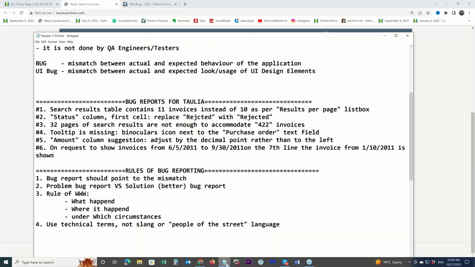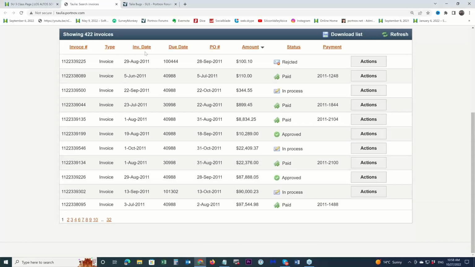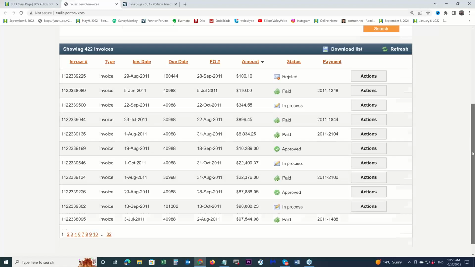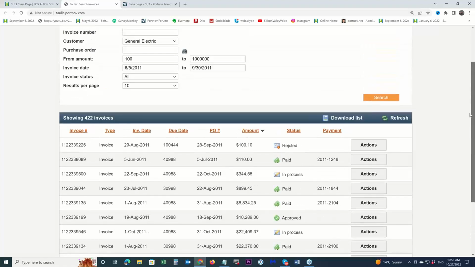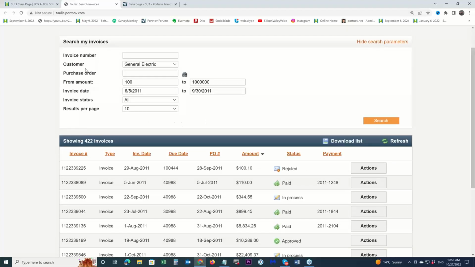Okay. Yeah. So invoice date, we have that column, invoice date column, and when we specify the parameters of the search, it says here that invoice date should be in between June 5th and September 30th.